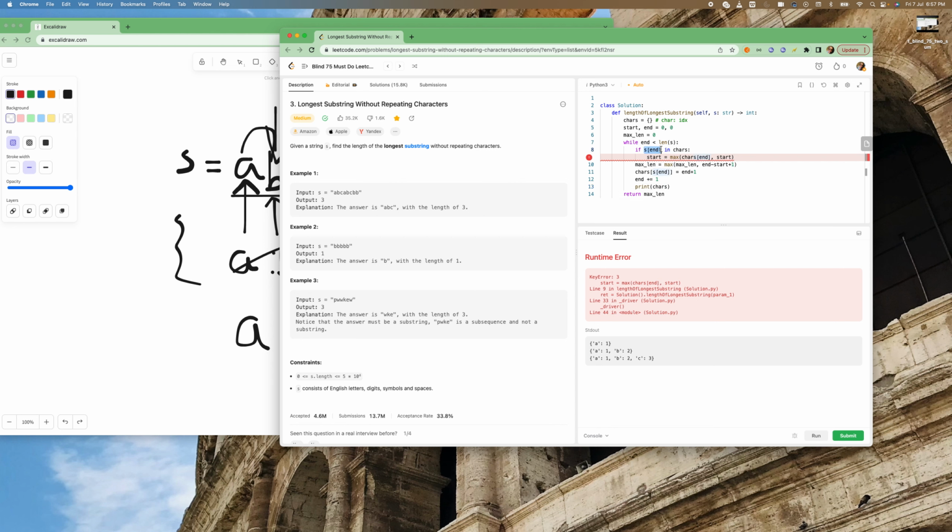S of n, a, is in the characters, right? So start is equal to, we are resetting start to the max of chars of n comma start, and answer is equal to